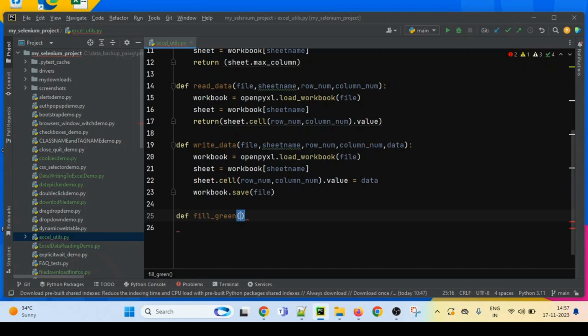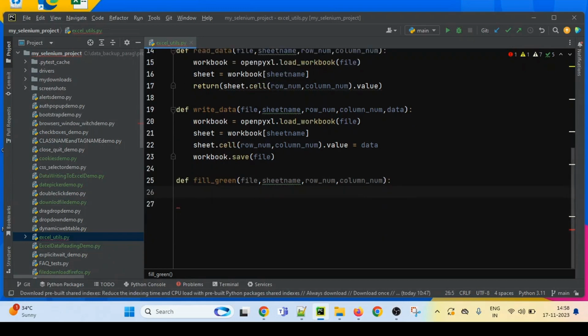This is the function name, and in this we have to pass again file, sheet name, row number and column number. So we have to put the color in a specific cell. So we have to pass these 4 parameters.